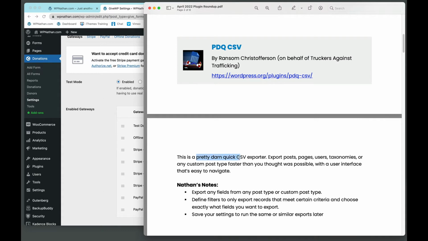PDQ stands for Pretty Darn Quick CSV Exporter. Now, this is one of those plugins that's going to be a little hard for me to demonstrate, but if you've ever wanted to export things out of WordPress and you get really lost in all the things, and maybe there's a post that has some post meta or various things, it can be hard to get the things that you want out of WordPress. But this is a fantastic plugin, especially for free. It even rivals a lot of the abilities of